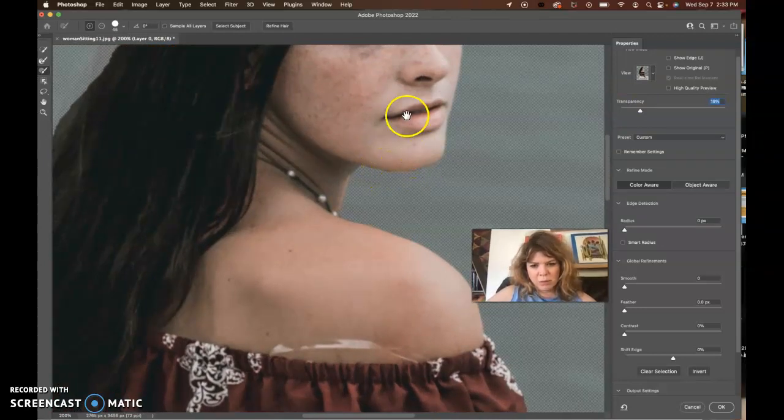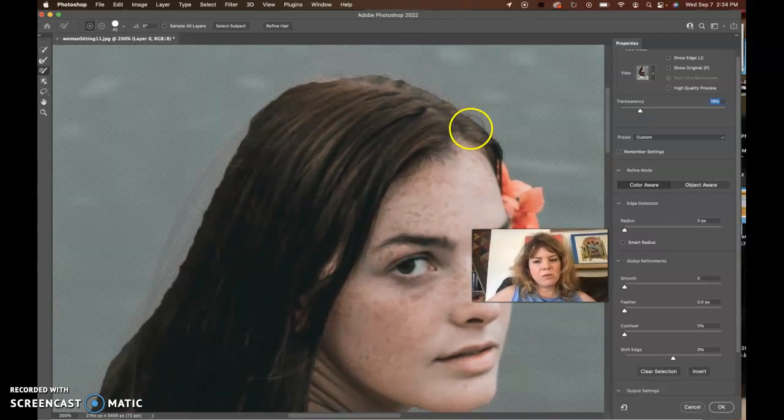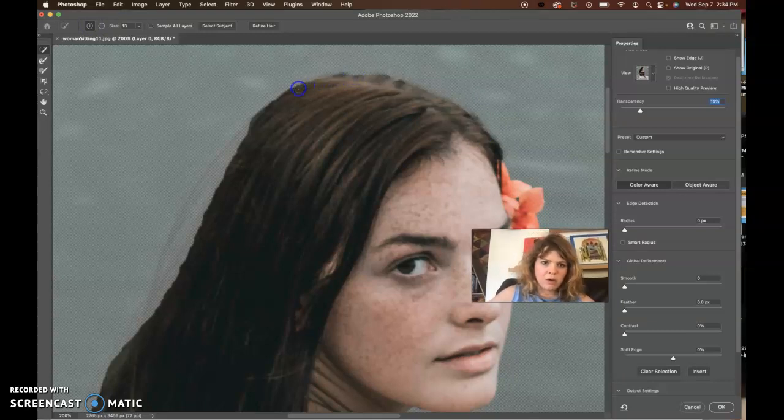Her chin's a little rough, but I think if we use a feather, we can fix that. Her hair is really tough to select. There's some of it a little bit missing. This is maybe where the quick selection tool would work out, adding some of the hair in. The computer sometimes does a pretty good job of helping you to get the hair. And